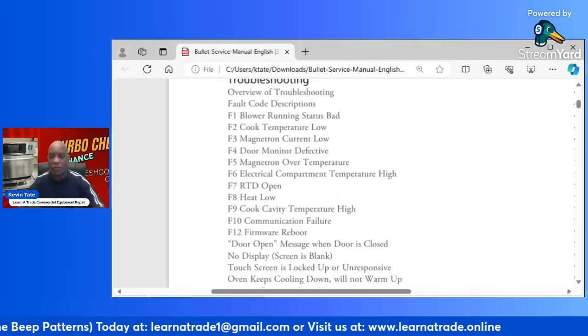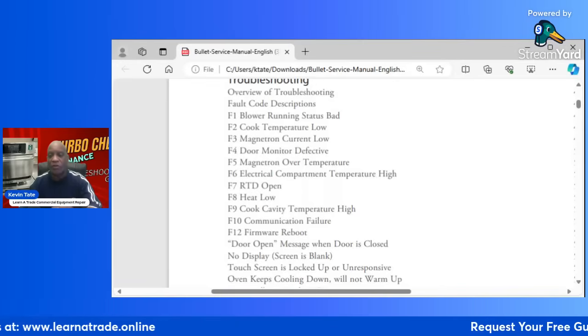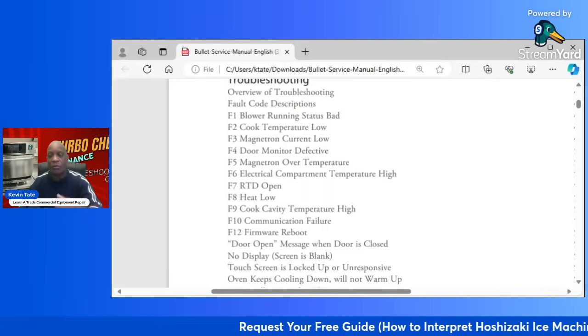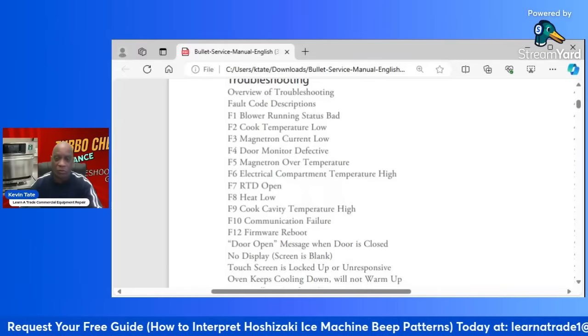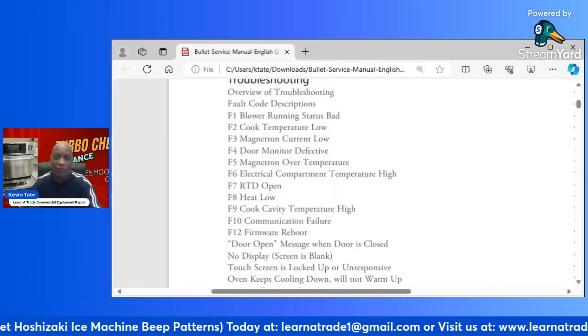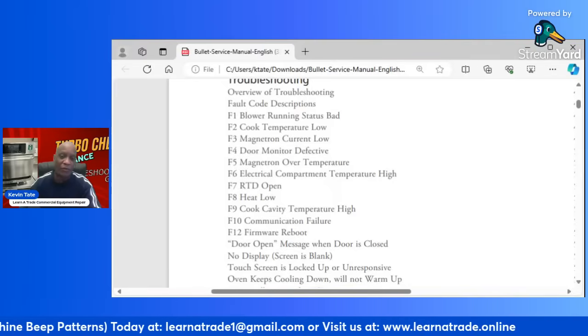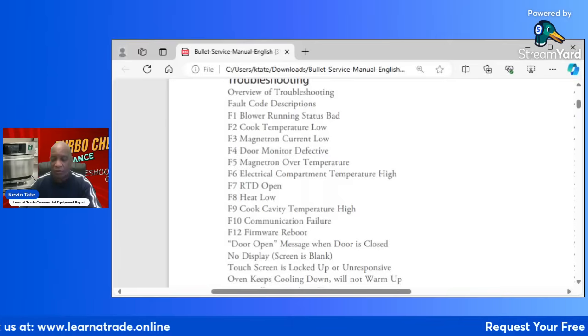Your filament transformers have two red wires. One's going from the filament transformer to the magnetron, and the other one's going from the filament transformer to the capacitor. So what you want to do is pull both of those red wires off. Pull one red wire off of your magnetron, pull the other red wire off of your capacitor. Ohm those two red wires out, and you should get